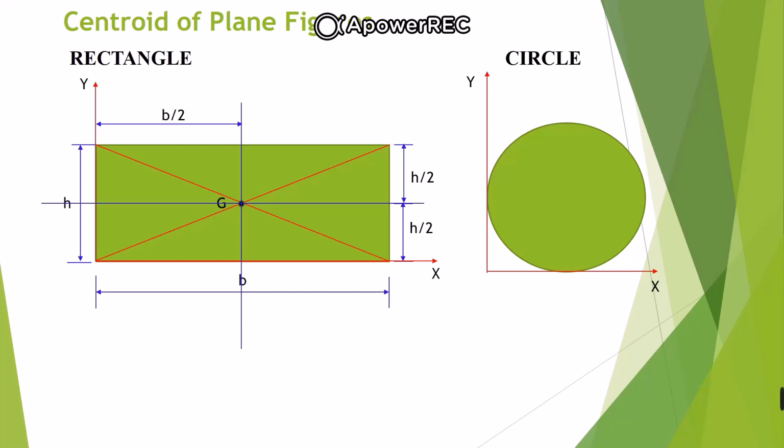For that, first we will draw a vertical line passing through the center of the circular section. Here you can see that the circular section is symmetrical about that vertical line, which means the CG lies anywhere on this line. Now when you draw a horizontal line passing through the center of the circular section, again you can see that the circular section is symmetrical about that line too. That means CG lies anywhere on that line. So there is only one point which satisfies these two conditions, that is the intersection of these two lines. That is the center of the circular section, which denotes the centroid of the circular section also, at a distance of r from the x-axis and r from the y-axis.